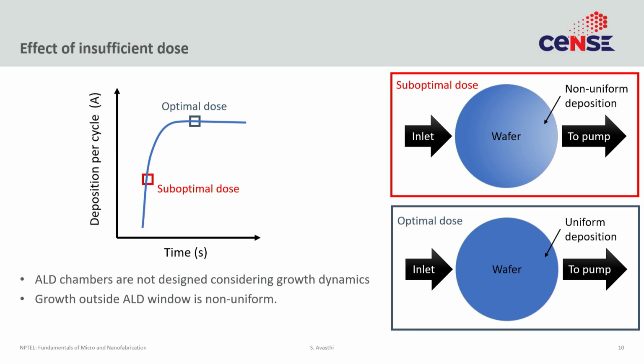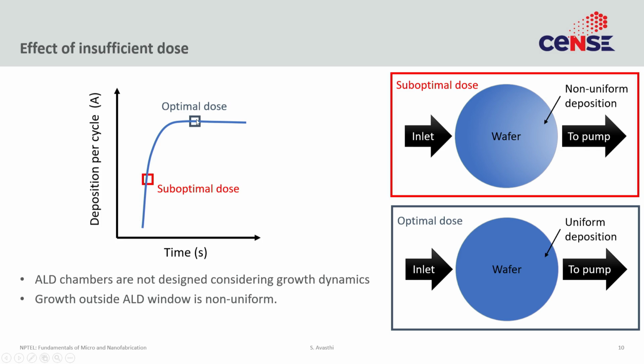Now, if in that chamber you have CVD-like growth happening because of either excess H2O or not enough H2O, then that leads to non-uniformities. So, here is an example. Supposing you had a deposition per cycle plot against the component A dose. Once again, at a suboptimal dose not enough material is going on, and at some point it will saturate. So, this is the optimal dose.